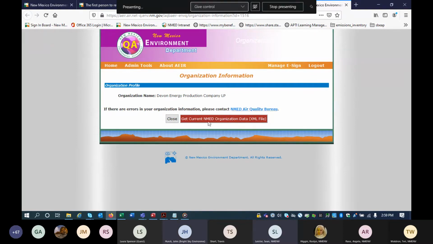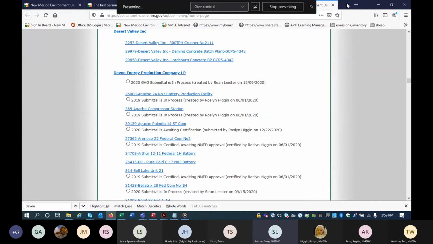Again, as I was saying, these XML file downloads have the same problems as before. So before going into any submittal to edit that submittal, download all of your XMLs first, and then go ahead and edit any submittal that you need, to make sure that you're downloading the correct XML file. And always try to double check that you're working with the correct facilities before working with XML.